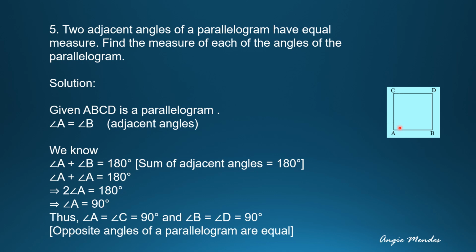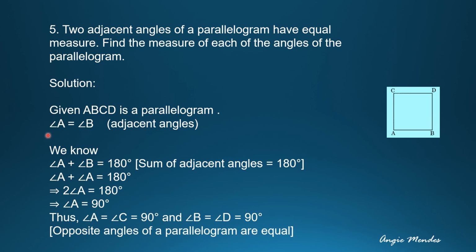So now what we can do is, we can say that the opposite angle is the same measure. So if angle A is 90 degrees, angle D is also 90 degrees. And since we said in this step that angle A is equal to angle B, if angle A is 90 degrees, angle B is 90 degrees. So that means the opposite angle to angle B is also 90 degrees. So here you have shown that if one angle of the parallelogram is 90 degrees, then all the other angles will also be 90 degrees.